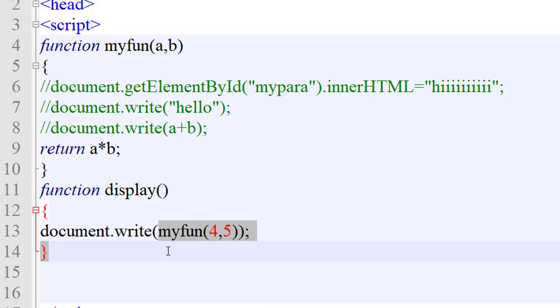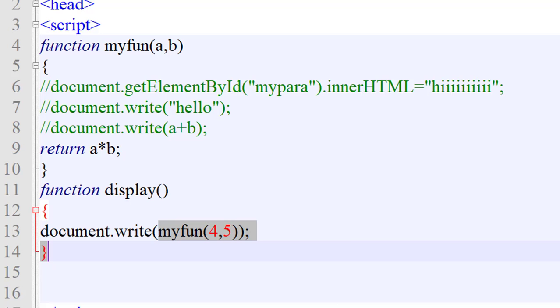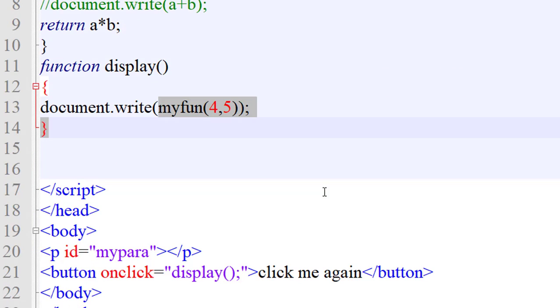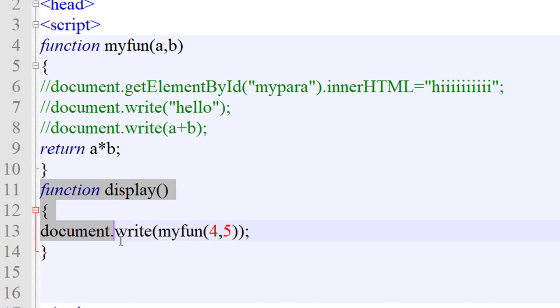Okay, just save this and refresh it. 20 is here. What happened? In the button tag I call the display function. In the script tag the display function is present.